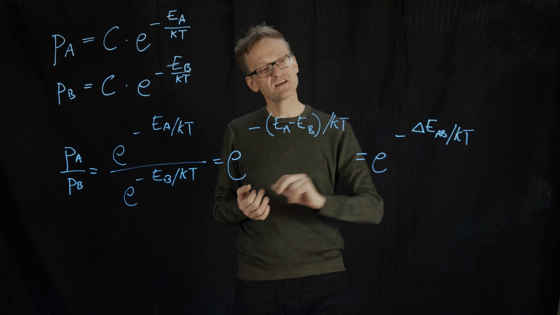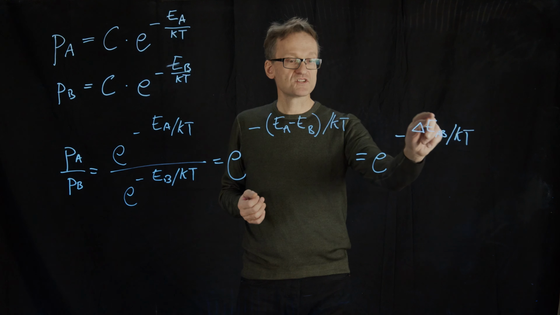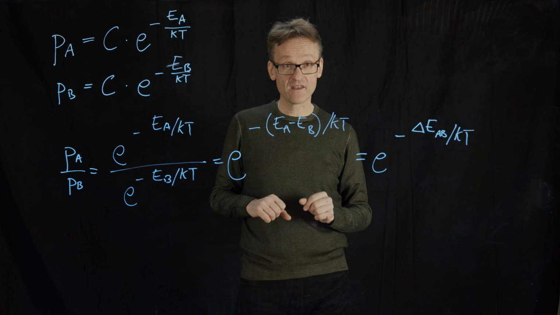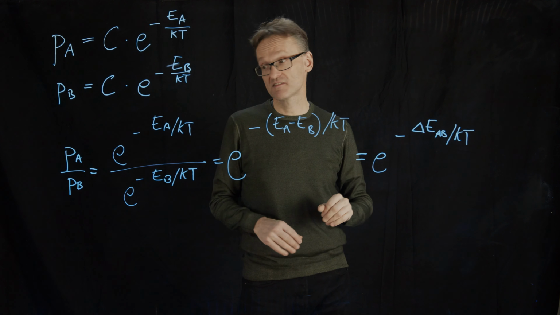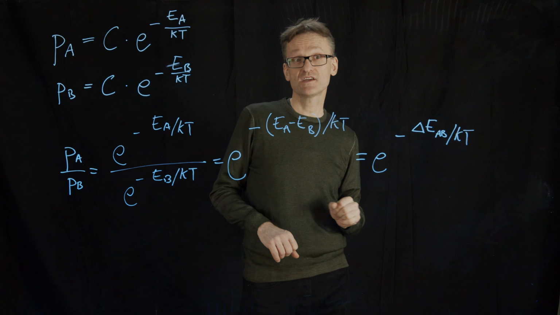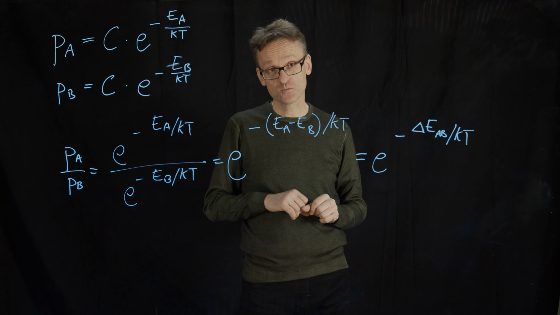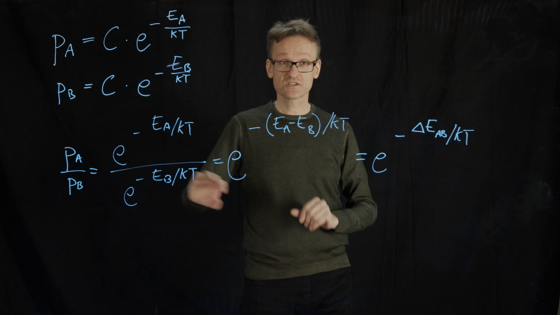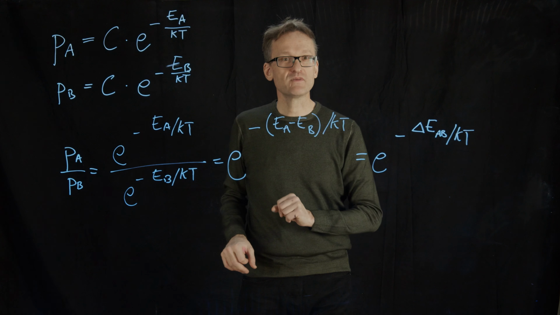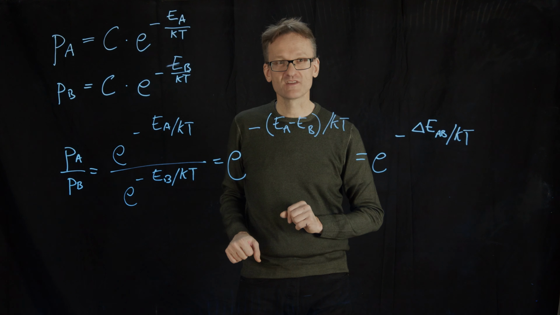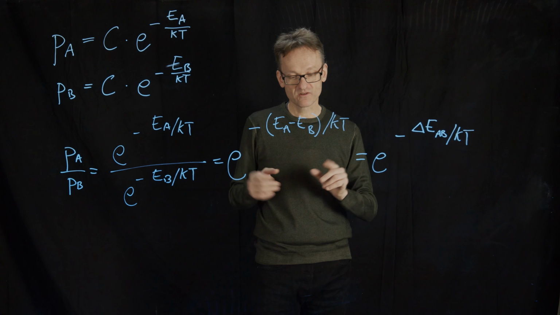And in particular, that means that if the energy difference between two states is very small, then this is going to be roughly 0, and then that quotient is roughly 1. If there is a very large energy gap between them, this tells us that the state that has the lower energy is going to have almost all the population, while the one with higher energy is hardly going to have any population. So this always works. It doesn't matter if A or B is more likely, and we completely got rid of this constant in front of the exponential. This is pretty darn cool. And this will work in general.